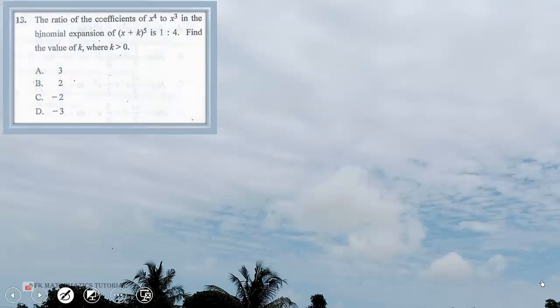Question number 13 is here. The ratio of the coefficient of x exponent 4 to x exponent 3 in the binomial expansion of x plus k all exponent 5 is 1:4. Find the value of k where k is greater than 0. So the given binomial expansion is x plus k all exponent 5. When we expand this, we will get x exponent 5,